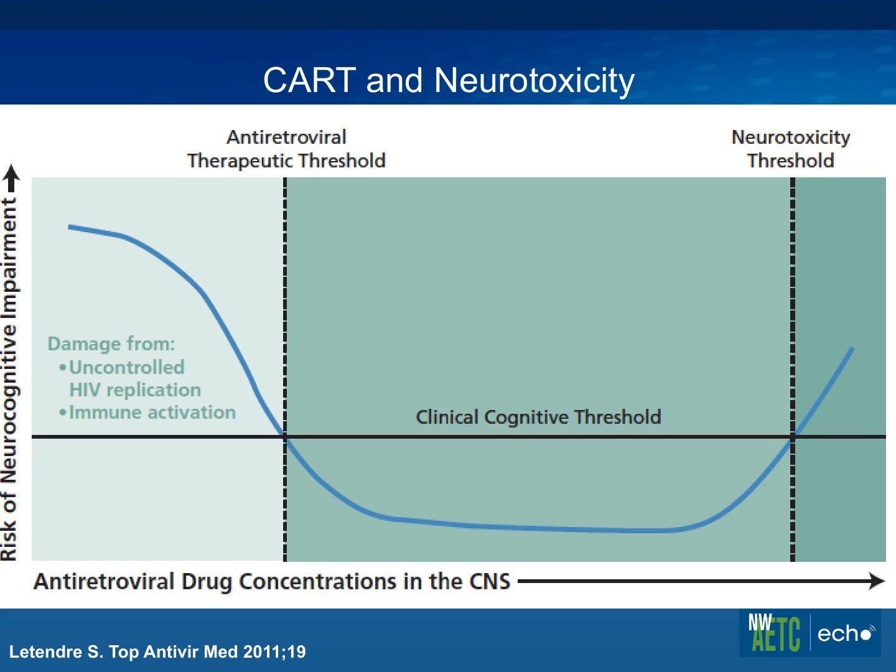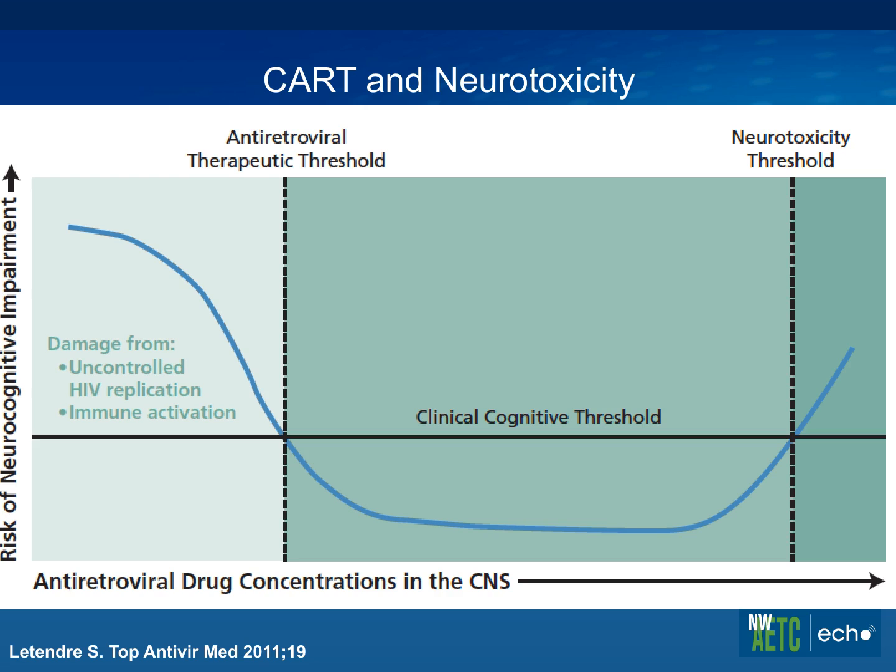And Scott Letendre, going back to the inventor of the CPE system, has conceptualized it this way. Risk of neurocognitive impairment is on the y-axis, with up being more, and antiretroviral drug concentration in the CNS on the x-axis. At some point, you're too low. When the concentration in your CNS is too low, you get damage from uncontrolled HIV replication and maybe immune activation,